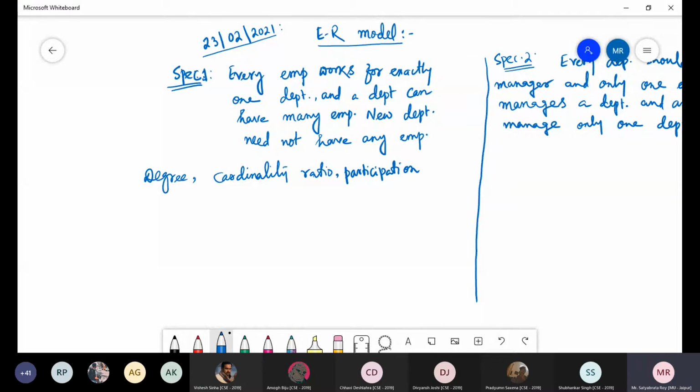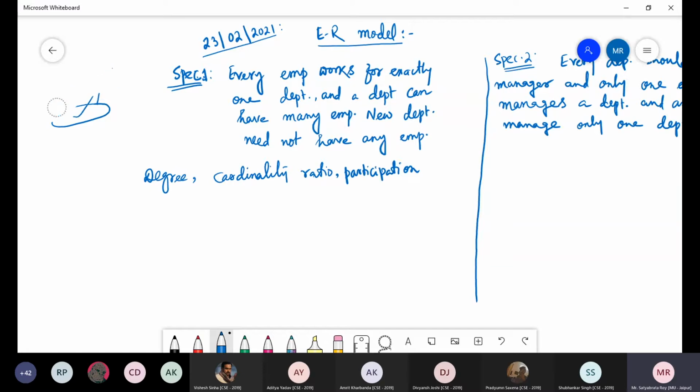Is it just like multi-valued? No, sir, they are complex, not multi-valued. I was asking about composite. How is it represented? Sir, on the side of an oval there are many other ovals coming out of it. Yes, an oval with many other ovals in it. Okay, this is how we represent the composite attributes.